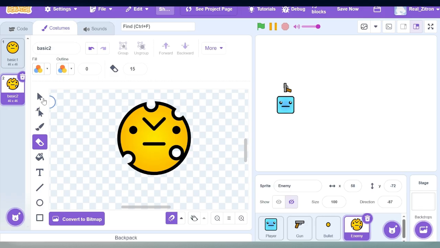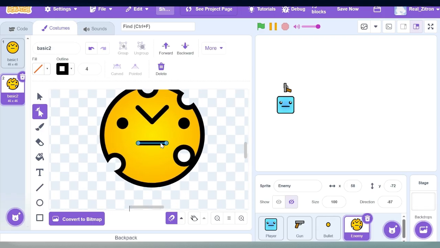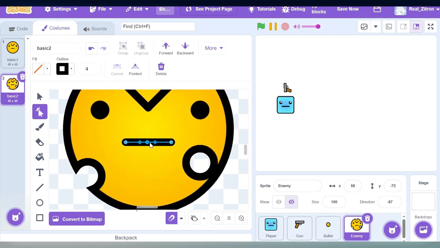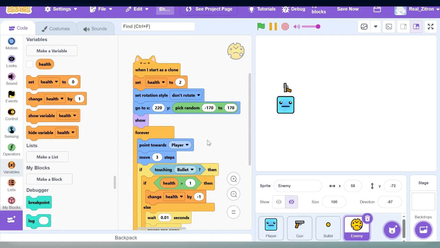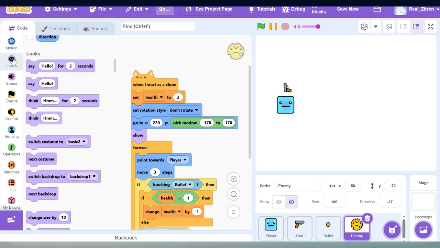Okay, so then what I'm going to do is change the mouth of the enemy to a small frown, another visual indication that it is damaged. Okay, so to make the angle less sharp, just use the node tool and drag. So then